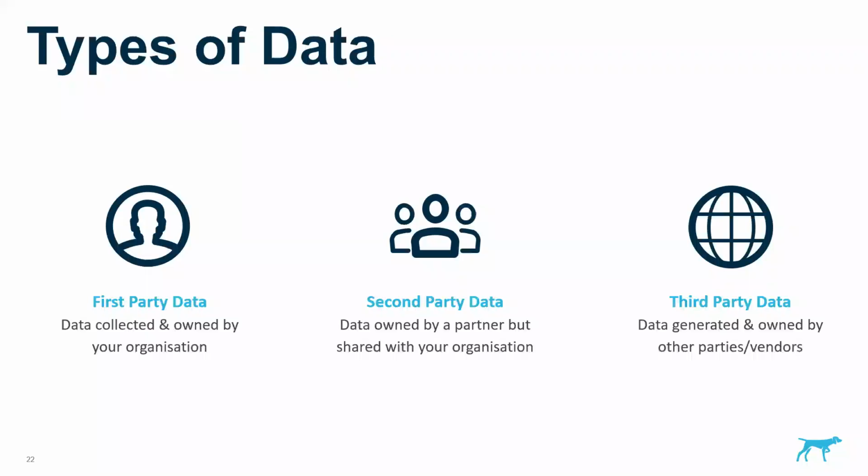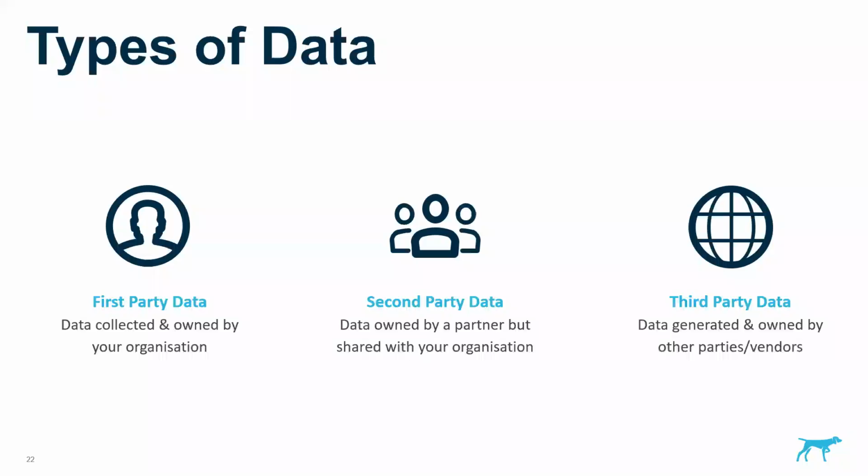It's usually collected by a single company, but it is shared directly with your organization. And third-party data is data generated and owned by others and vendors. So, the scandalous example of this was the Cambridge Analytica Facebook debacle from a few years ago. But there's not essentially any law against collecting the data, and there's quite a few companies out there who have these extremely large data sets to understand their consumers or their users' behaviors. And so you can use all three of these types. Google's data would be third-party data, even though it's so easy to access and essentially free to access when you're advertising on their networks. It is still ultimately generated and owned by Google.